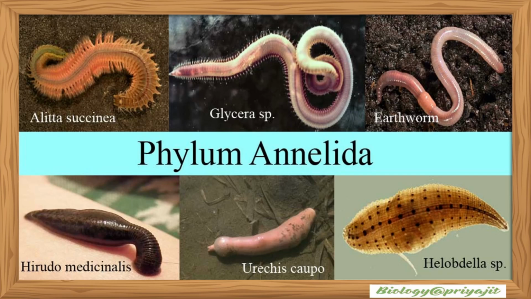Hello my dear students, today we explored the amazing world of Annelida, the segmented worms. These organisms mark a major evolutionary milestone with their true coelom, metameric segmentation, well-developed organ systems and advanced locomotion. From the humble earthworm to the colorful marine polychaetes and the parasitic leeches, annelids show incredible diversity in structure